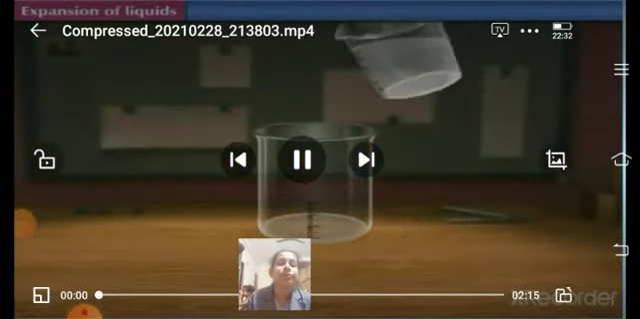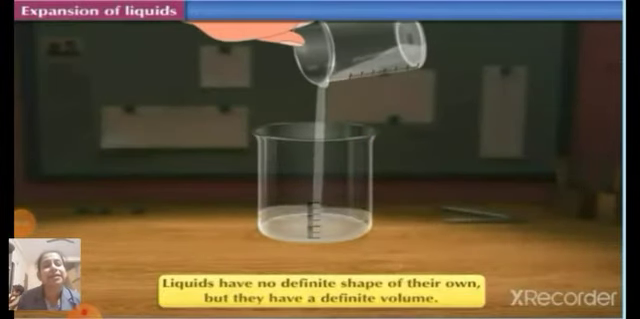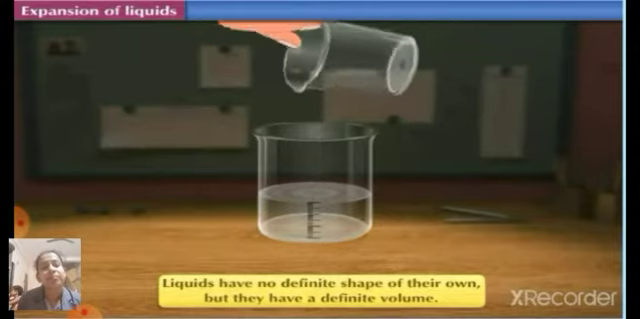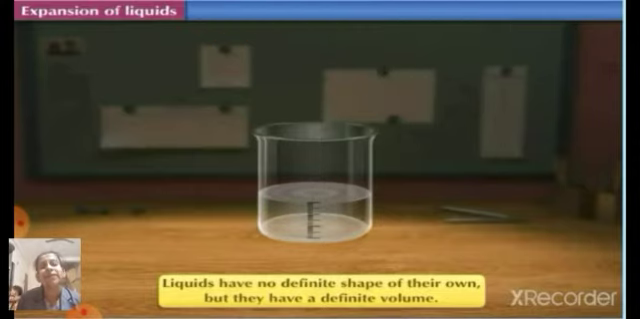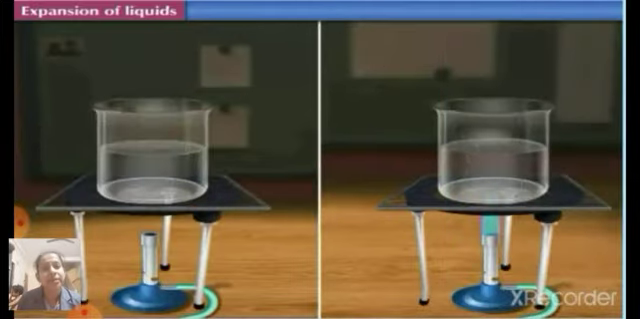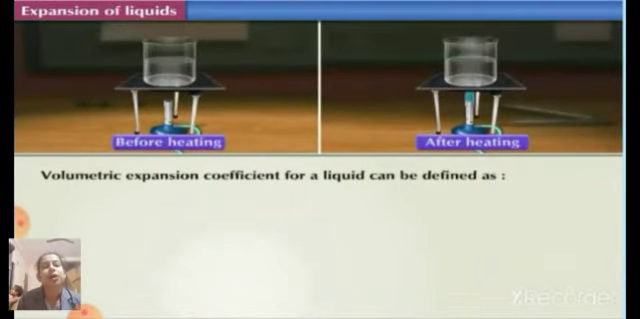Whereas if we talk about a gas, it has neither a definite shape nor a definite volume. So today, now let us learn about the volumetric expansion of the liquid. Okay, now you know that a liquid has no definite shape, but has a definite volume of its own, right? Now, the volumetric expansion coefficient for a liquid can be defined as V2 is equal to